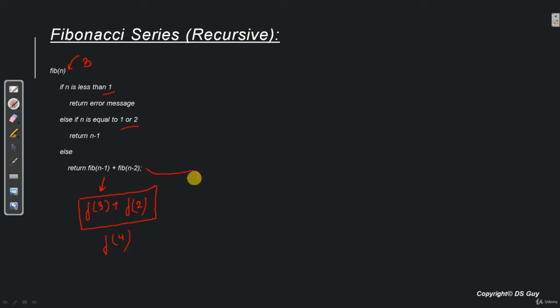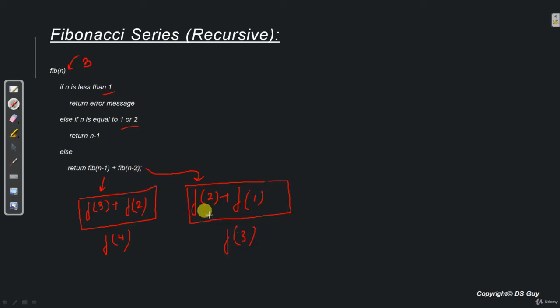So it returns Fibonacci n minus 1, that is 3 minus 1, 2, plus Fibonacci n minus 2, that is 3 minus 2, 1. So this is the value of Fibonacci 3.